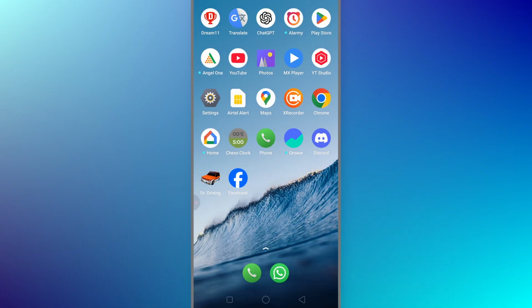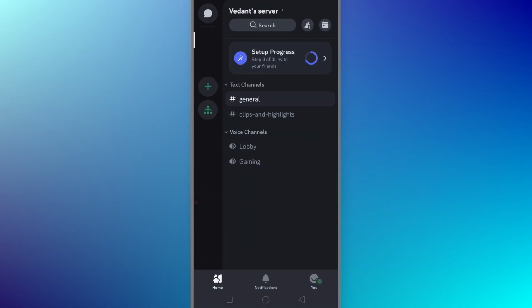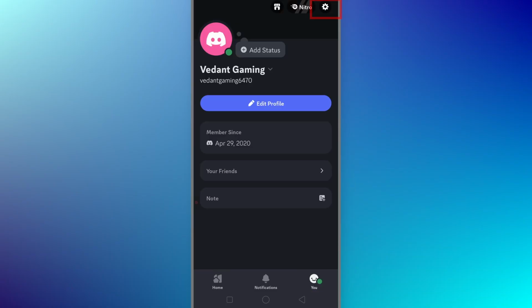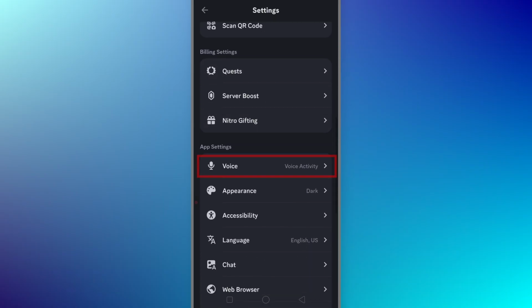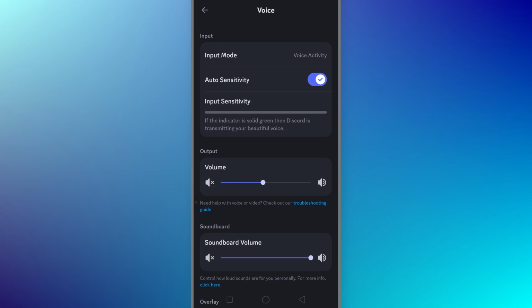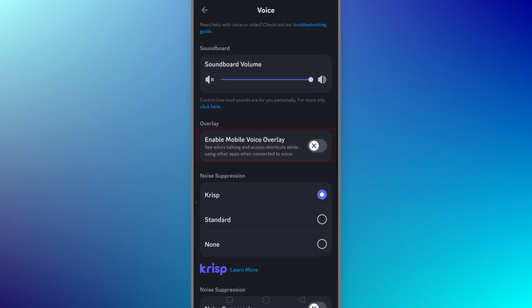So to chat, firstly we need to open the Discord app on our mobile. Once you open it, tap on the profile icon from the bottom right corner, and then click on the gear icon from the top right corner, which is the settings icon. Once we click on it, scroll down until we find the voice option. As you can see, this is the voice. I need to tap here and then scroll down again and enable this mobile voice overlay to turn on our overlay of Discord chat,